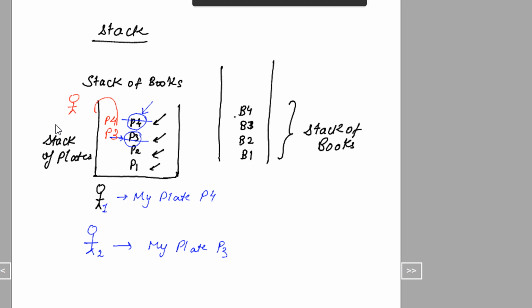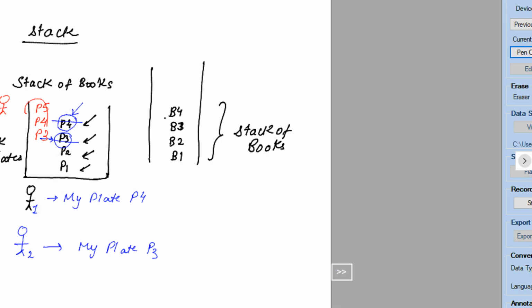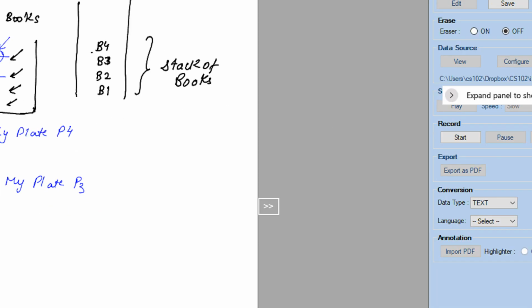Fine. Just imagine a marriage function, as I'm again saying, because it is easier to visualize things. You pick up the plates and whatever new plates are washed, they are kept above each other. Fine. So now how does stack come into the